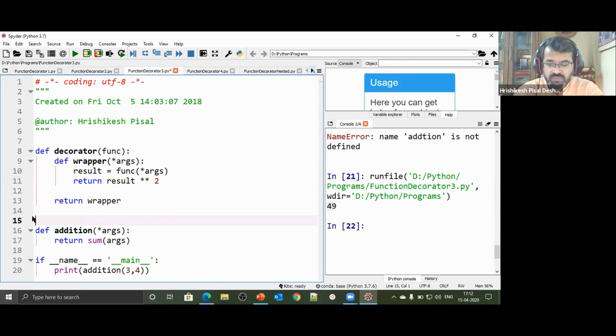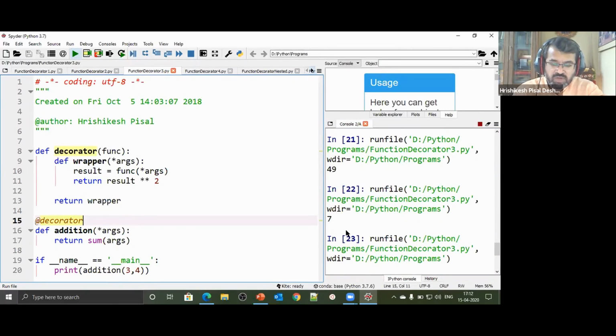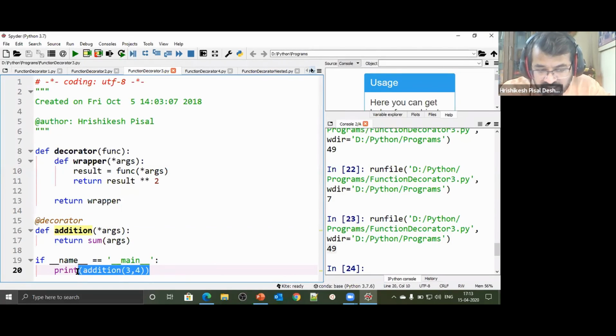Now if I remove this decorator and run this particular function, let's see what happens. We still get the answer 7. And if I apply this decorator and then run this program, I'm getting the answer 49, 7 squared. Result raised to 2 is being returned, answer 49. But the call still remains the same. Watch it very carefully. The call still remains the same. That means this function addition without the decorator was returning the value 7. I'm calling the same function addition, although it's not the same function, but to the user it appears as if he's still calling the function called addition, but the answer is different. This time he's getting the answer 49 because we have applied a decorator.